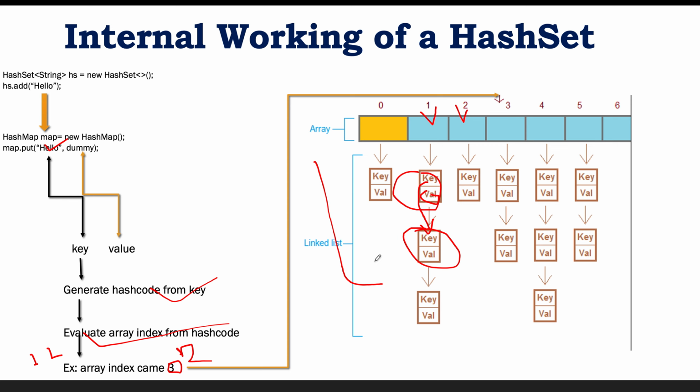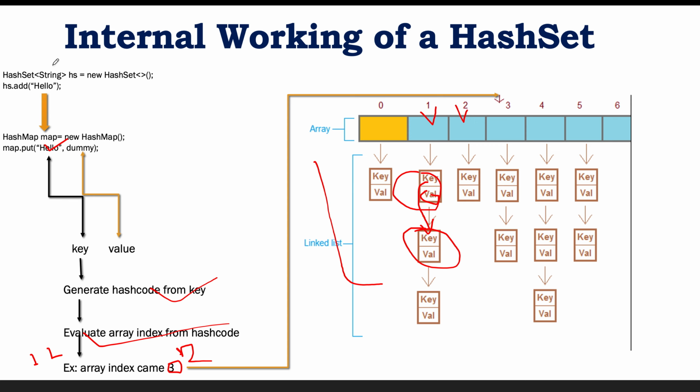And similar to insertion, let's say we want to get the element. How is it going to get the element, because in one index there can be multiple values, right? In some index it might be one value, but in another index it might be multiple values. How is it going to get the value? In a similar way to how it inserts the element, calculating the hash code, then getting the index, it is going to perform the same operation for getting the element.